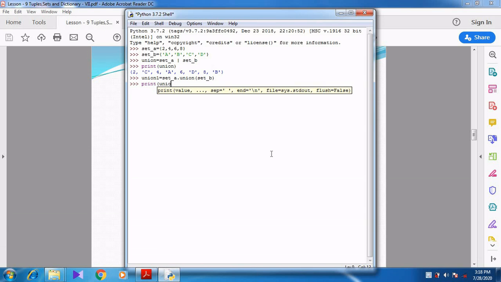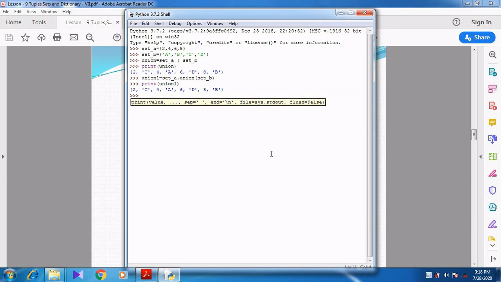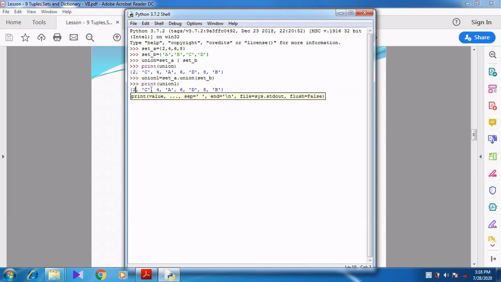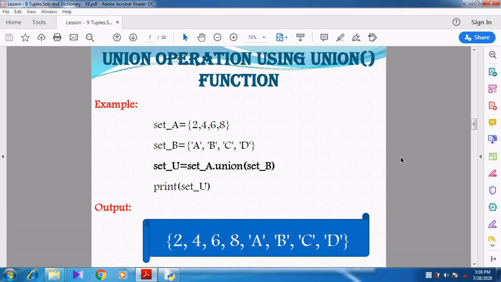So when I print union1, you see the same output is shown here, 2 C 4 A 6 D 8 B. You can see the numbers 2 4 6 8, then what about A B C D? All are combined together. Can you understand, students? Through the operator we have combined, as well as through the function also. So this is about a union operation. Union means combine all the elements together.